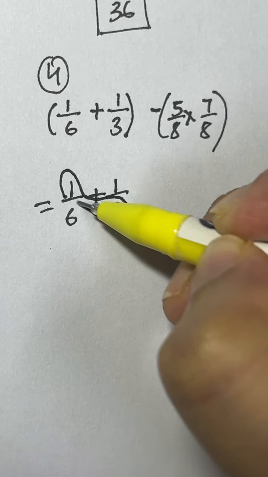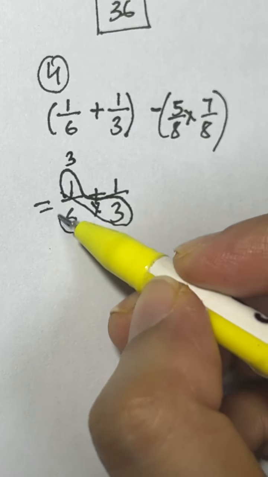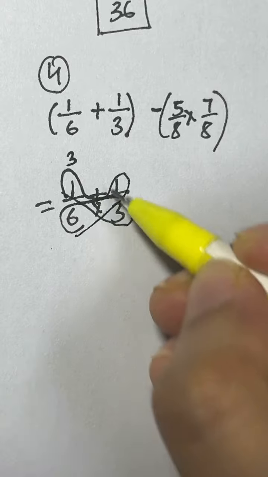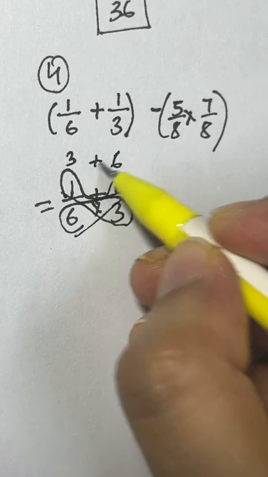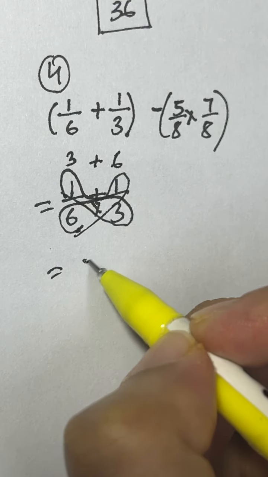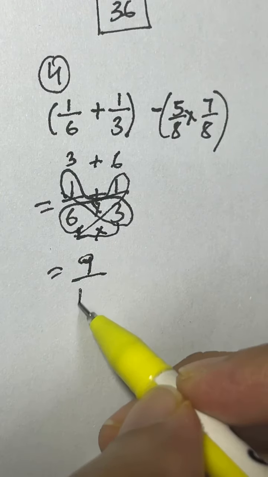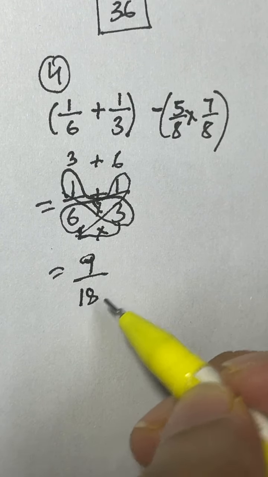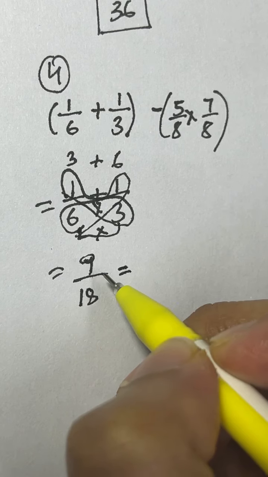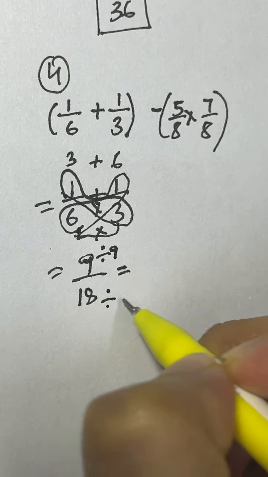That's the cross multiplication. 3 times 1 is 3, and then 6 times 1 is 6. Add them up, and 6 plus 3 is 9. Multiply the denominators. 6 times 3 is 18. So you have 9/18, which can be reduced